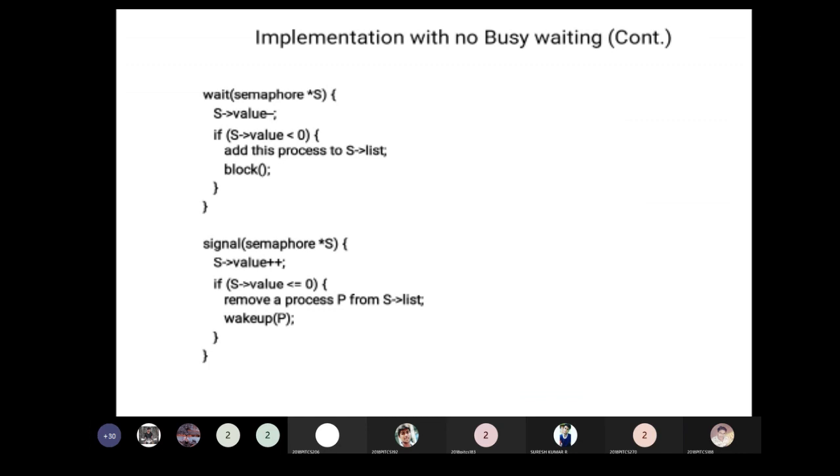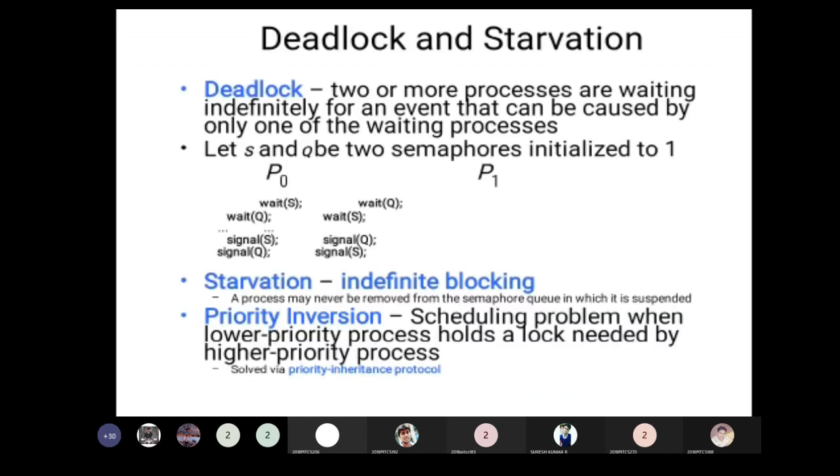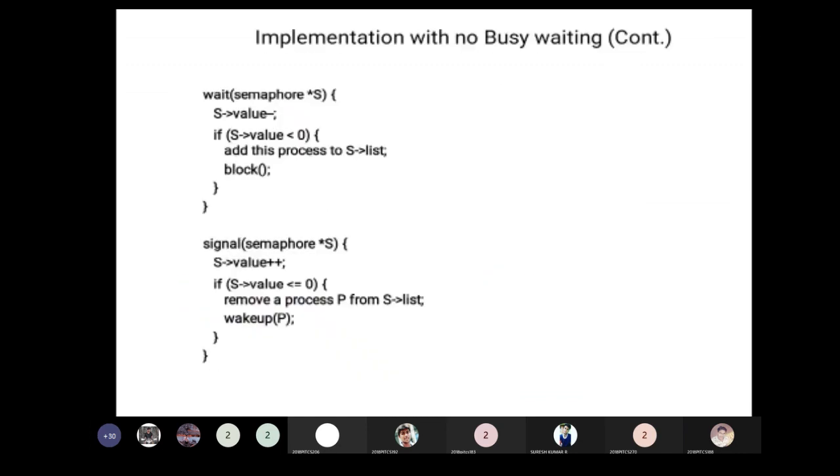The implementation of semaphore is given here for wait and signal. So here is wait of semaphore star S. S is assigned some value, and this value is decremented every time. When the S value is less than 0, that means the process has to wait.